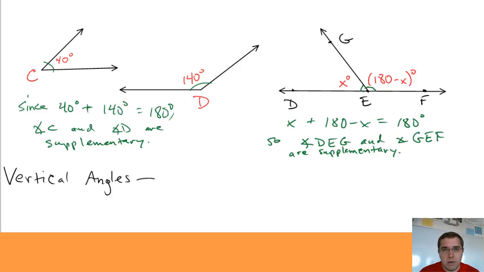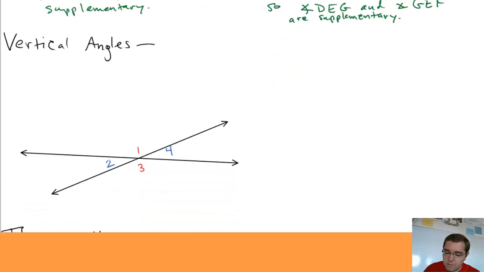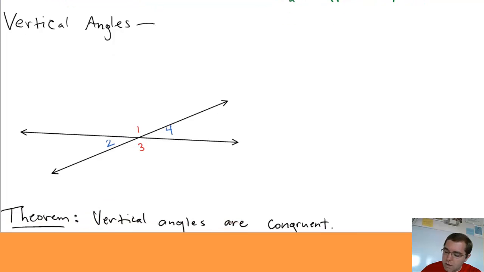Okay, so we have complementary angles, two angles whose measures add up to 90 degrees, to a right angle. We have supplementary angles, angles whose measures add up to 180 degrees, to a straight angle. Our other pair of angles are called vertical angles. Vertical angles are two angles